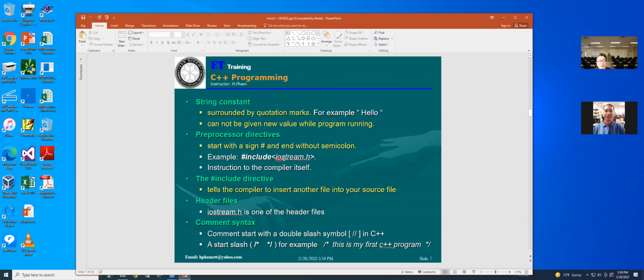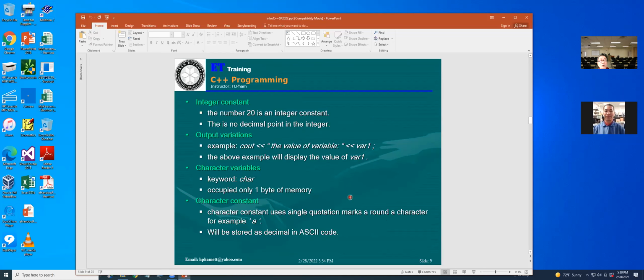However, make sure you understand it must start with the pound sign and has no semicolon. If you understand that, when you edit the program and compile, you will not get an error. Otherwise, when you get an error, you know right away what the error is.